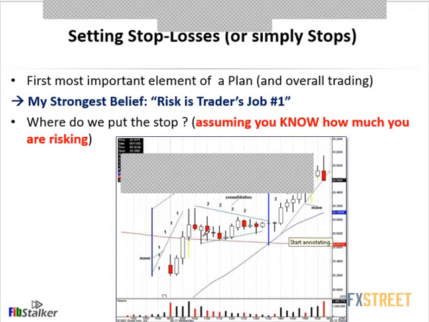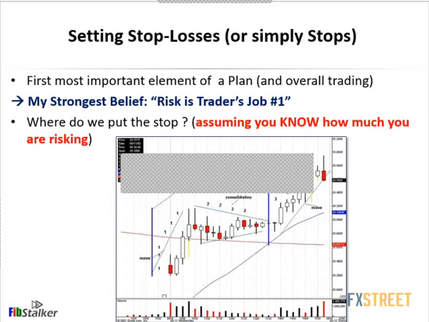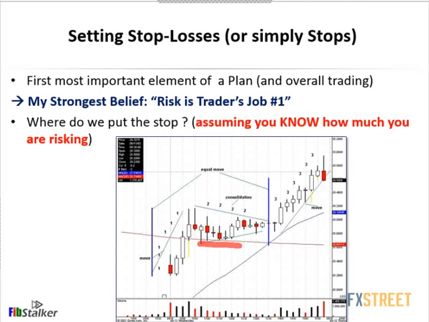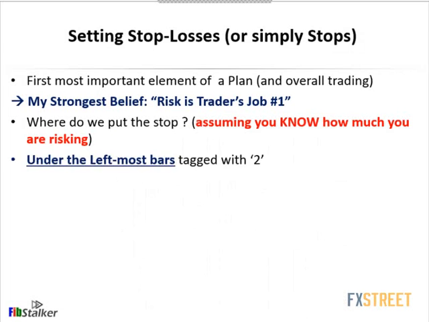Well, an ideal place could be below the lows here in this consolidation, because we see price following and printing higher lows here. So one idea could be, let's get the lowest price so far in this consolidation and let's use that as the stop. Okay, so this is not a rule.